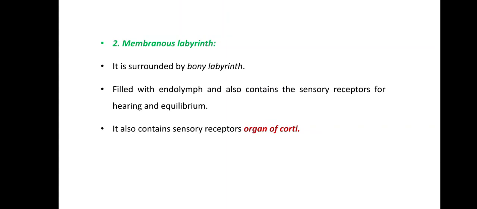Our mammalian ear has two important functions. One is hearing, no doubt, and the other is equilibrium of the body. It maintains the posture of the body. So it contains a sensory receptor organ, known as the organ of Corti, which is actually the organ of hearing. Now, the vestibule is actually part of the inner ear. We are going to study three main parts: one is the vestibule, another is the three semicircular canals, and the next is the cochlea.